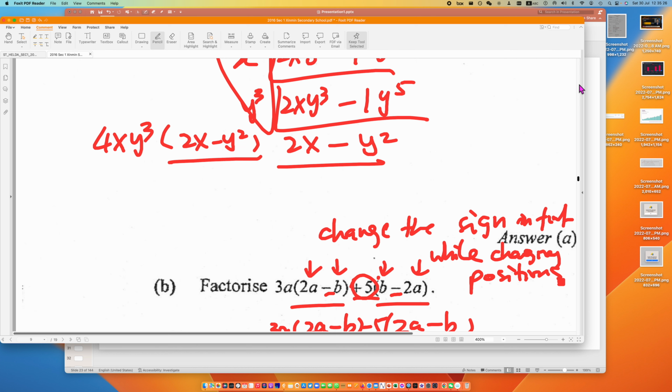Okay? Why you want to do this is your proof. This is a proof. But you don't need to prove anymore because you have been doing it so many times. Just take this like a formula already. If the difference is positional, what you do next time? Switch the position, then change the sign in front.